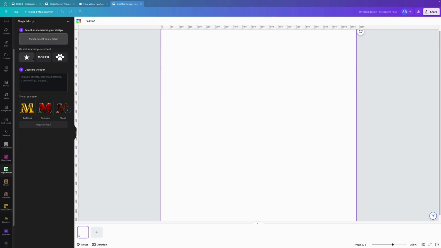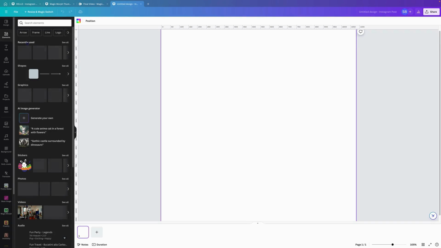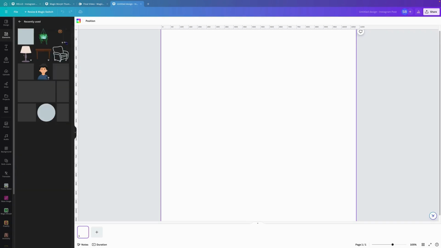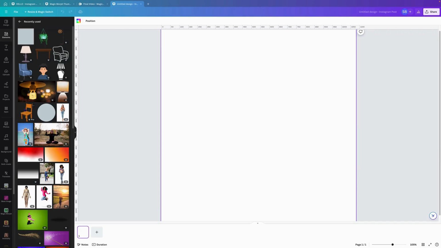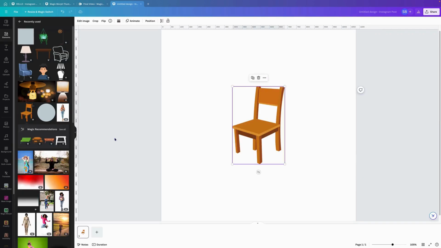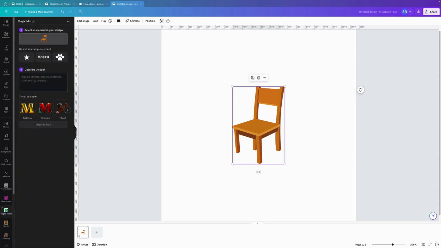Okay, so how do we use Magic Morph? Well, we need to go into elements and we need to choose an element. So I did this before, so I'm going to go in here and choose the chair. Alright, go back to Magic Morph app here. It's selected an element for your design, and what we can do is we can morph this into a red